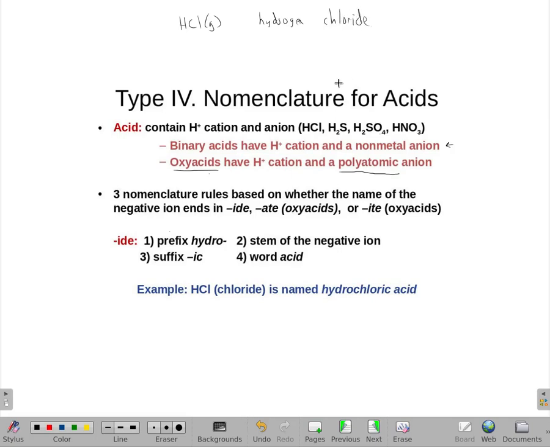Kind of follow the rules like an ionic compound. Hydrogen sulfide, hydrogen chloride, if it's a gas. If it's dissolved in water, though, it becomes an acid. And instead of saying hydrogen, we say hydro. And we're going to bring the chlorine right next to it. So it's all one word, hydrochlor. But instead of IDE, we put an ic and then a space, acid. So hydrochloric acid. This guy, H2S, as a solution, becomes hydrosulfuric